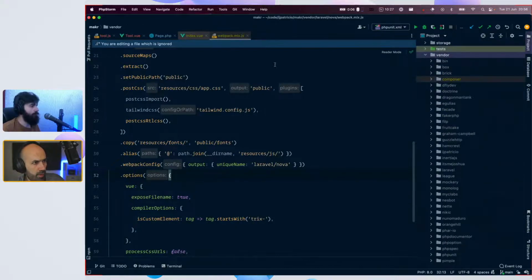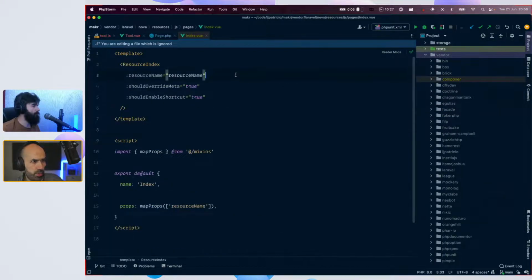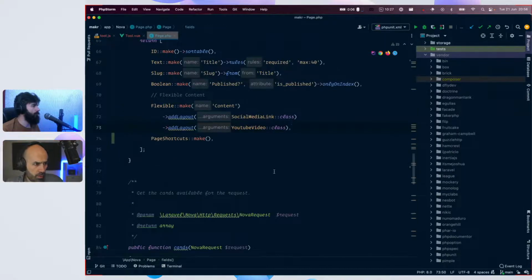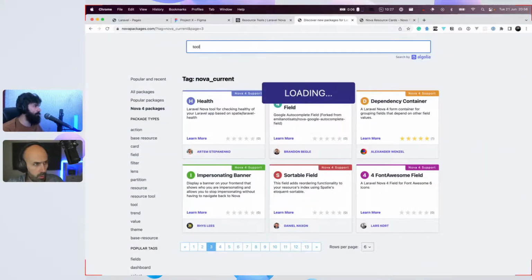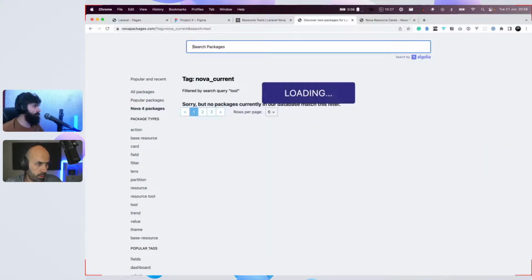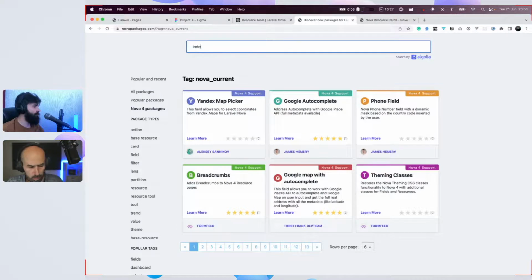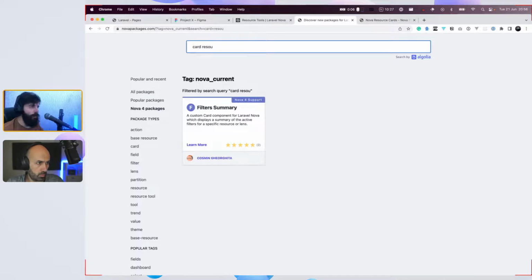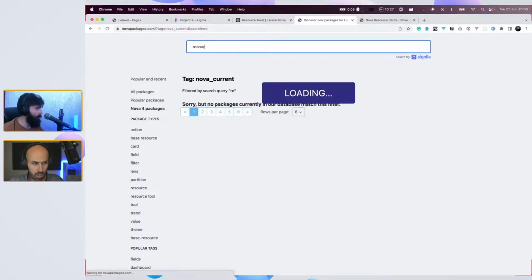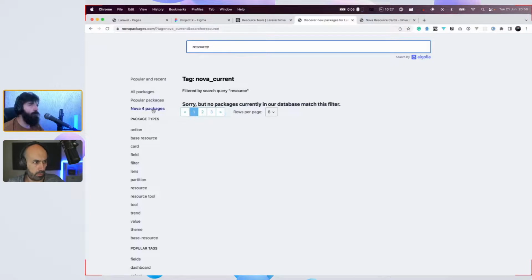I wanted to find this component to see if there would be some portals. But even so, I think we'll be good with the card. So if resource tool, yeah. Okay, I think we need to dig a bit to figure out how to add more buttons on global, or some kind of control.